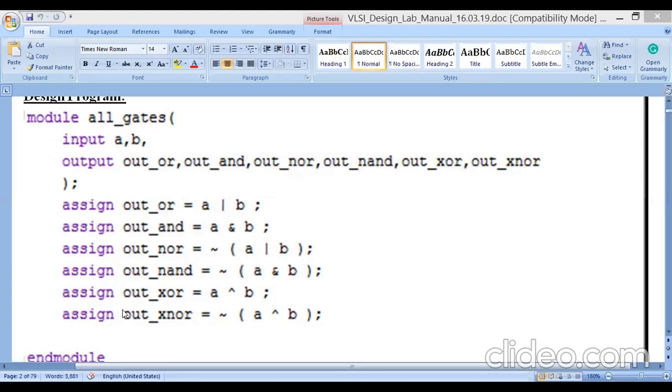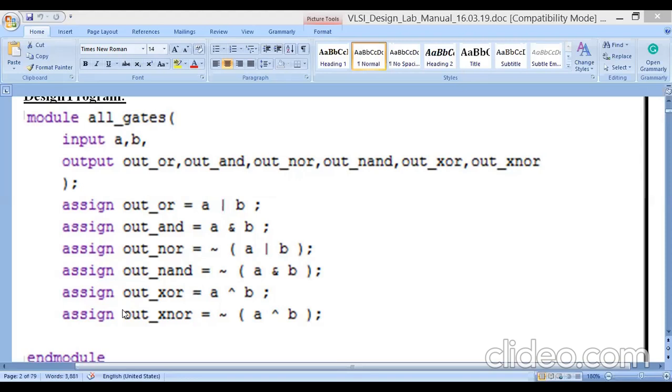This HDL language we can also call a concurrent or parallel language. That's why HDL is very important compared to software languages, because hardware we can develop by using HDL.